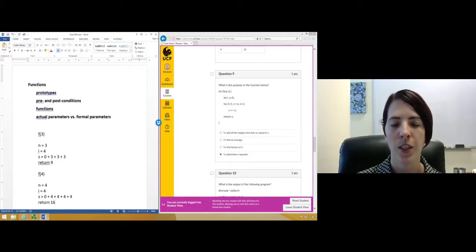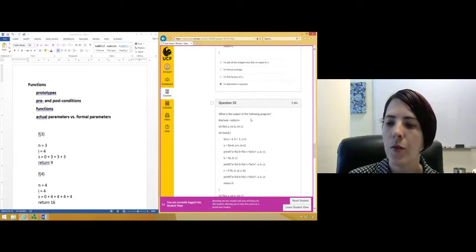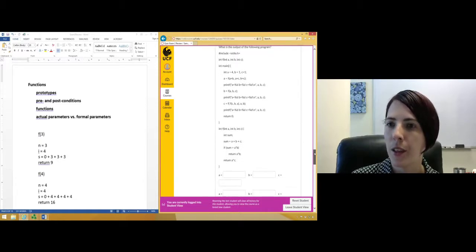Which means we will return 16. And since that is 4 squared, we can be reasonably sure that the purpose of this function is to determine n squared. This is followed by another tracing question, where we'd like to know the output of this program over here